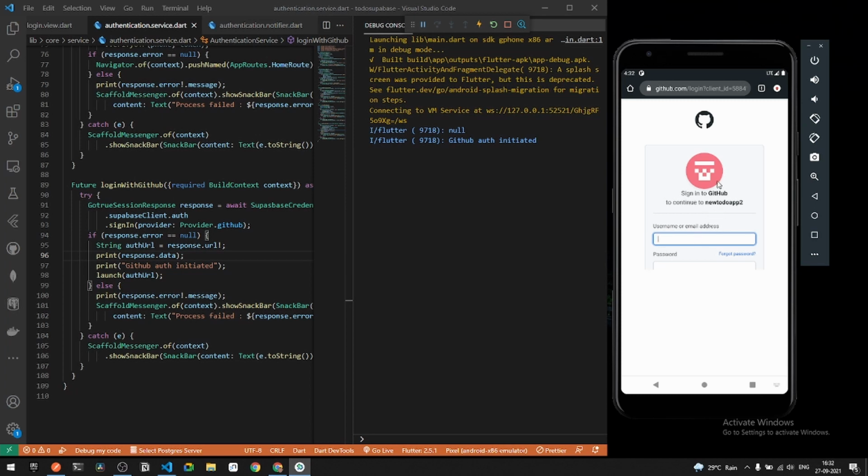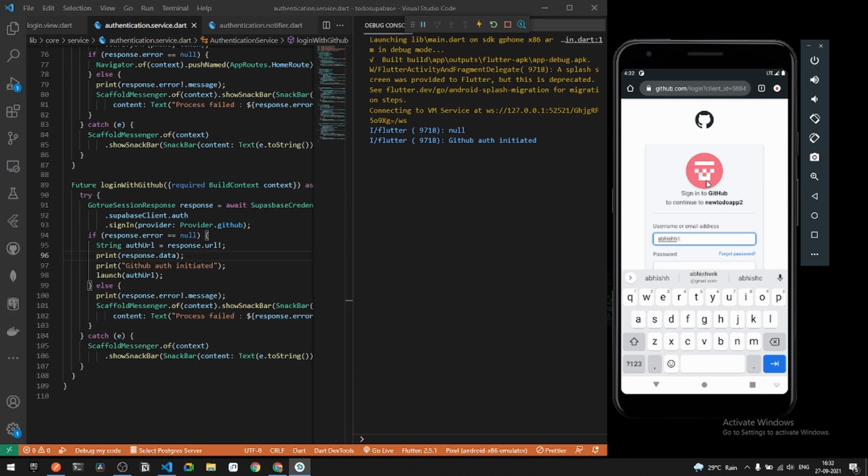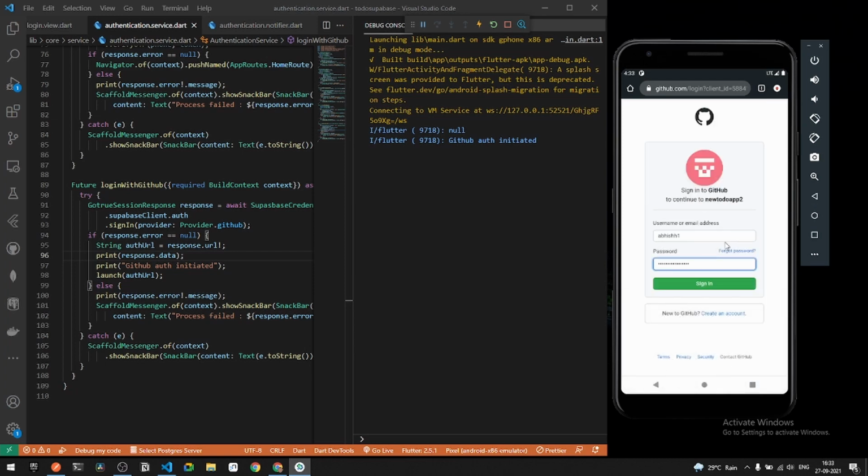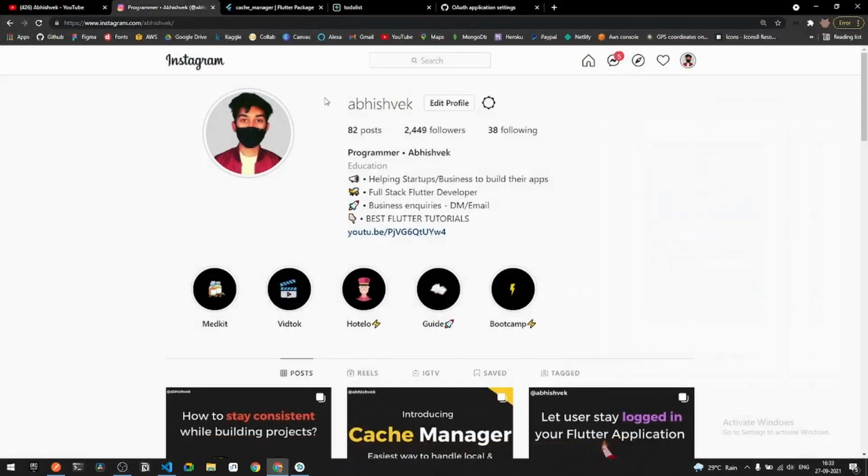Now here I will be entering my credentials of GitHub. This is my username, and also let's have a password. Right, so once everything is done, I can simply say sign in. Now you can see if I go back under my authentication tab,